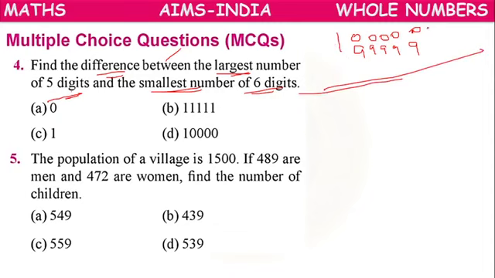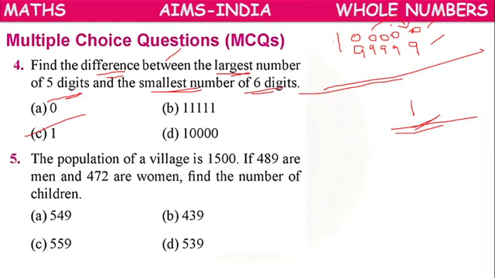Now the 6 digit number has the greater value compared to the 5 digit number. That's why we are taking it first. What is the difference? 1. So the difference is 1. Because from 0 we cannot remove 9, we have to borrow 1. Not from here, here nothing is there. So it will be 9, 9, 9. So this 1 will be 0. We will get the answer 1.